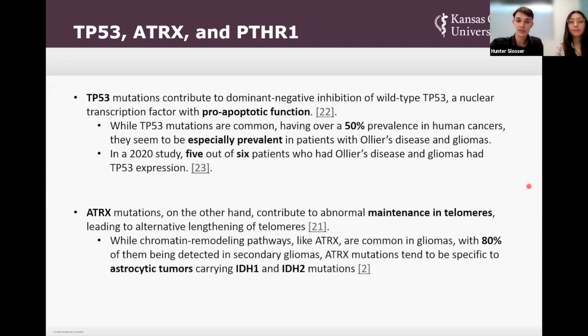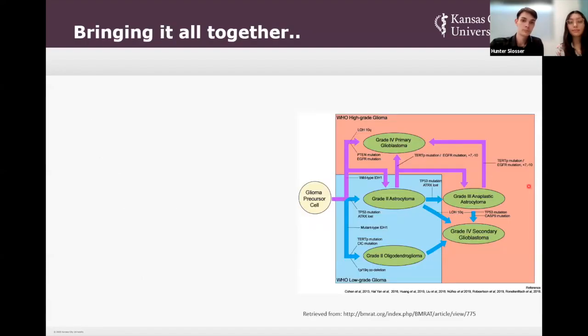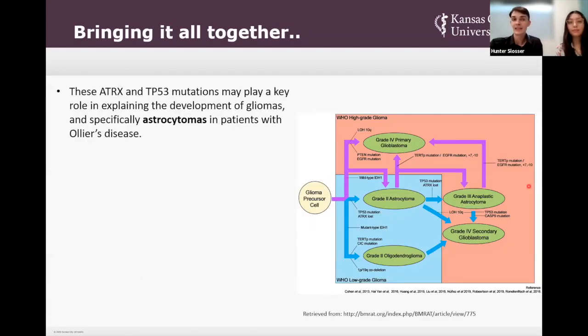As for ATRX mutations, they contribute to the abnormal maintenance of telomeres, leading to the alternative lengthening of telomeres. While these pathways like ATRX are common in gliomas, 80% of them are being detected in secondary gliomas, and ATRX mutations tend to be specific to astrocytic tumors carrying the IDH1 and IDH2 mutations. So these ATRX and TP53 mutations may play a key role in explaining the development of gliomas, specifically astrocytomas, in